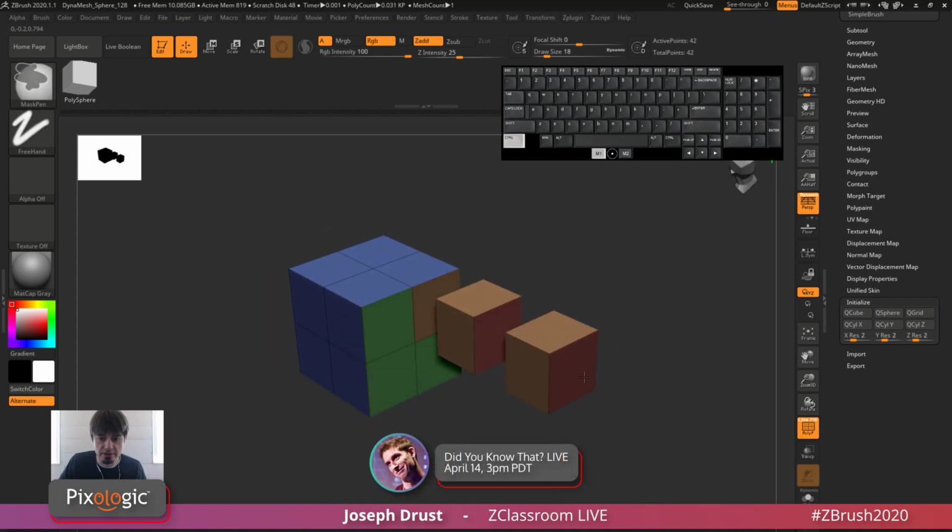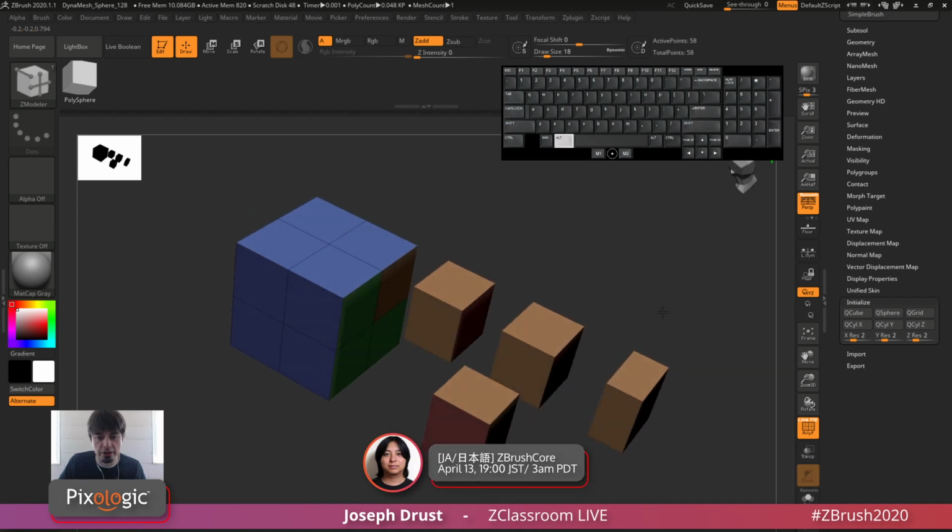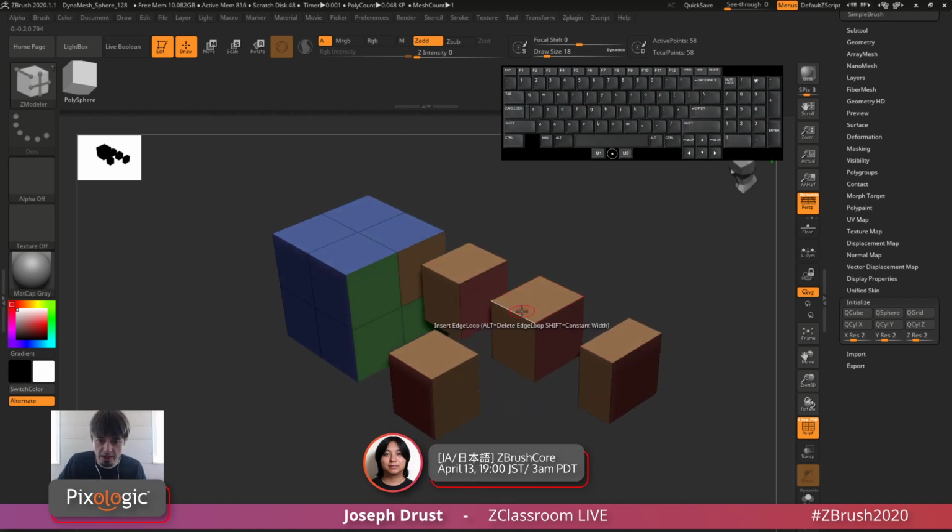So you can do this and keep dragging off, holding Control, pulling it out. I can drag this off, hold Control, pull it out, and now I have floating topology on my mesh. And this will work with any shape as well. So if I do something like this and make something like that, I can Q-mesh this, hold Control, I get